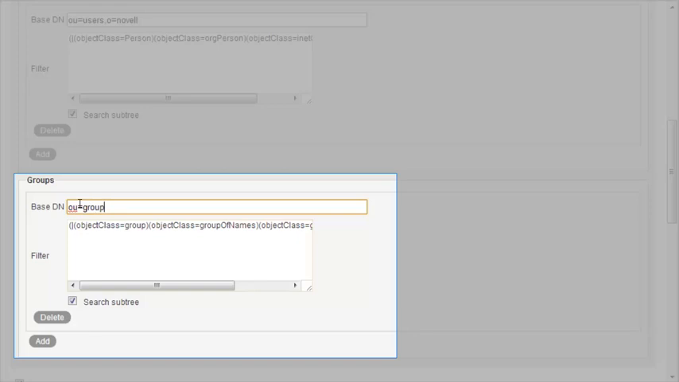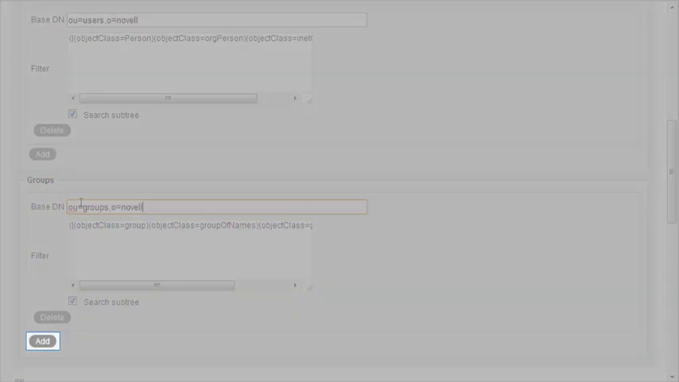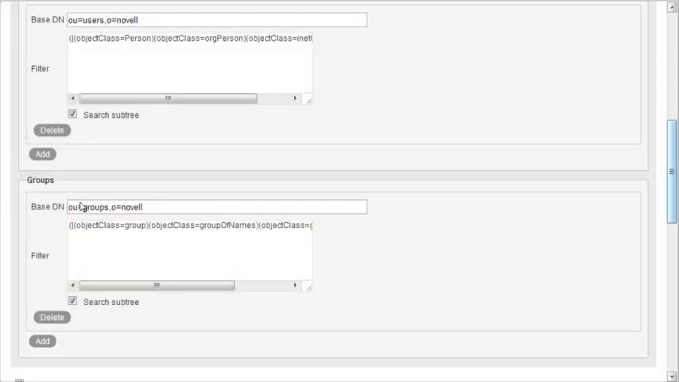Then specify the group container where you want Filr to find groups. You can click Add, again, to add additional DNs for groups. After you configure the base DNs for user and group